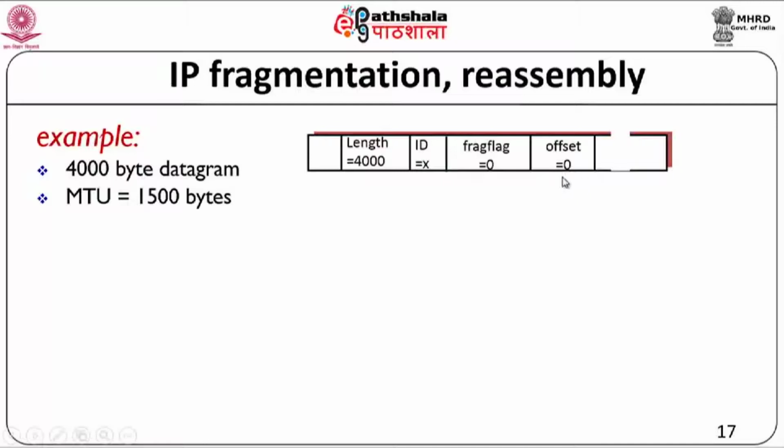And there is another field in the IP header called the offset field. This field will normally be set to 0. This offset basically tells you, when I fragment a packet, where exactly this fragment is when compared with the original undivided packet. What is the offset of the first byte in this fragment from the beginning of the original packet? That is this offset field. If I take an undivided packet, obviously this packet has the complete information, so the offset field will be 0. This is what you will have when you start off with the original packet.